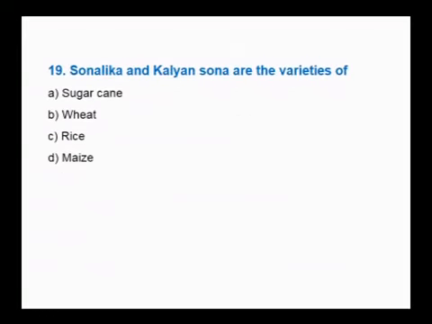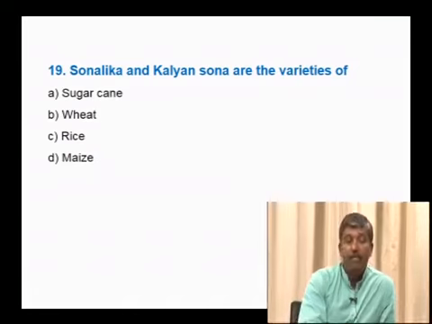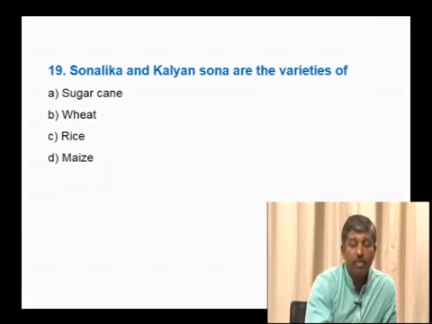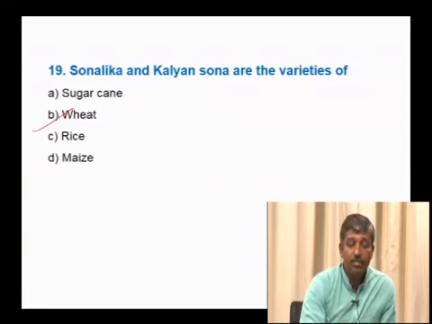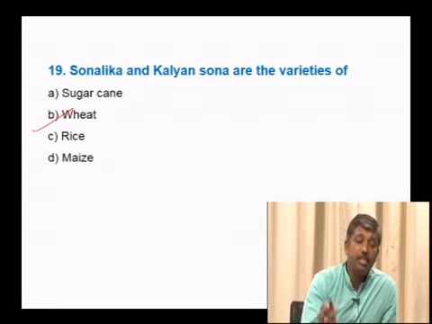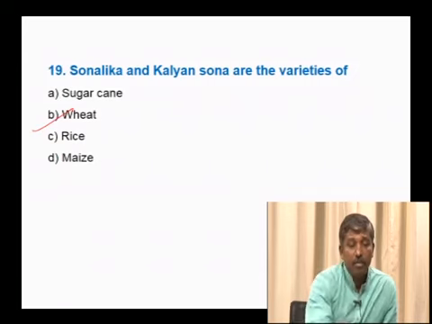So, Sonalika and Kalyan Sona are high yielding wheat varieties which were introduced all over the wheat growing belt, that we have discussed even in the synopsis. It is a direct question, hence it is wheat. So, that is why the yield production has been increased as compared to 1963 till today. So, next,